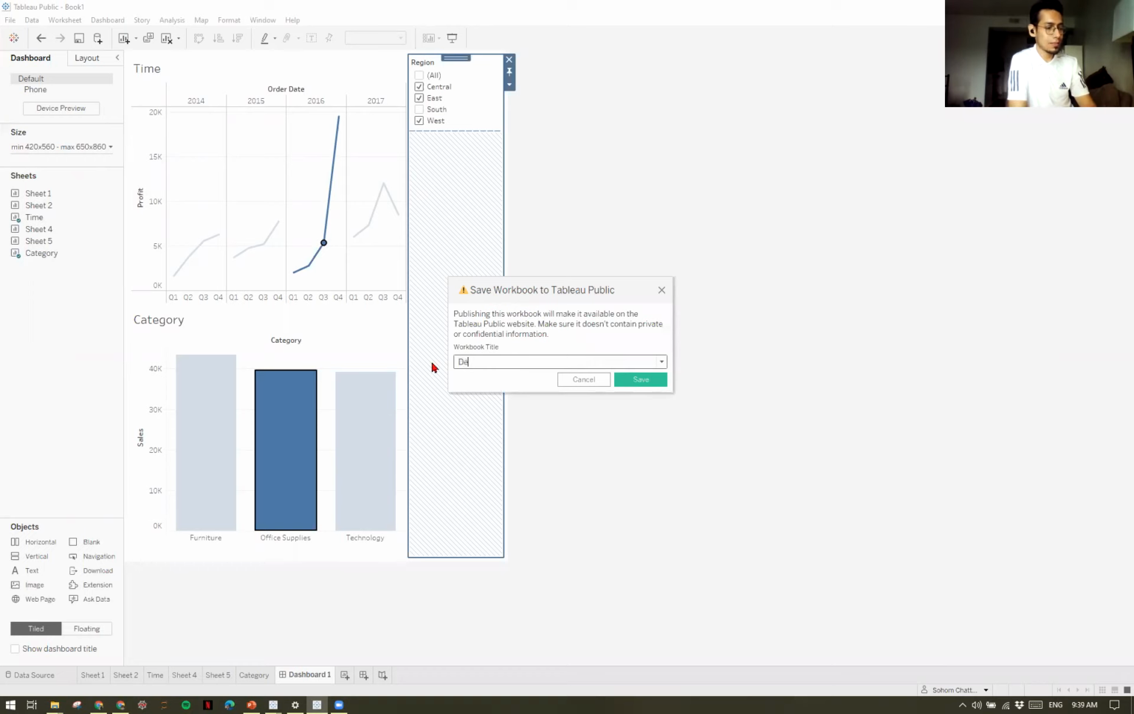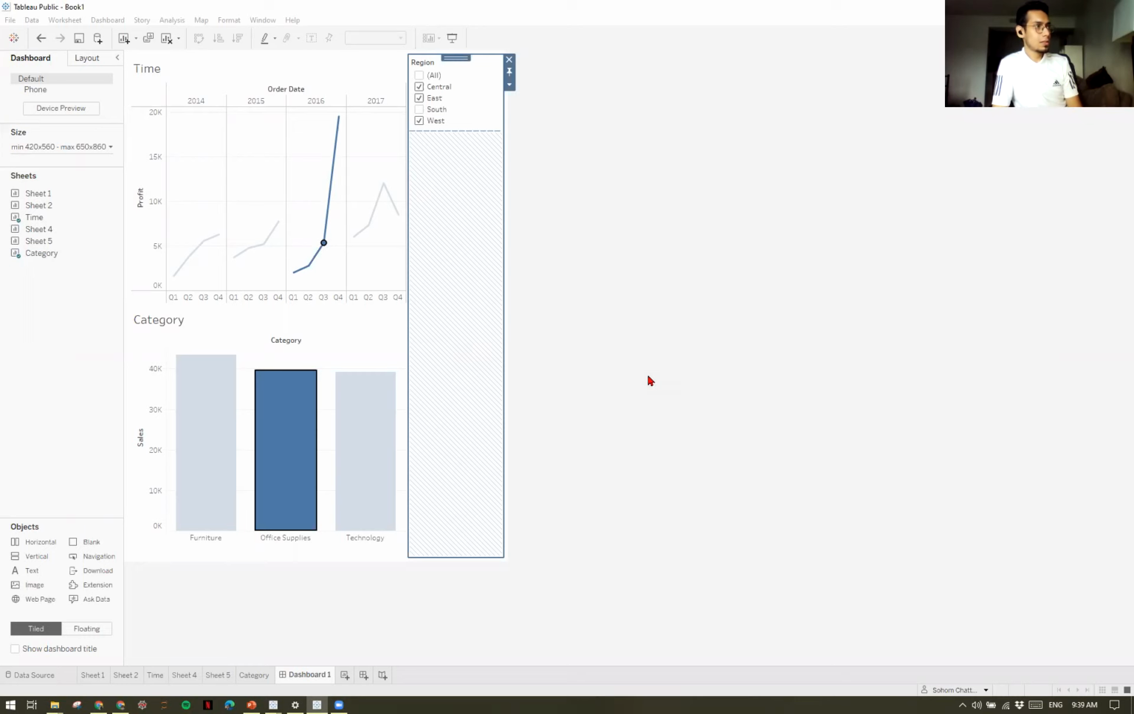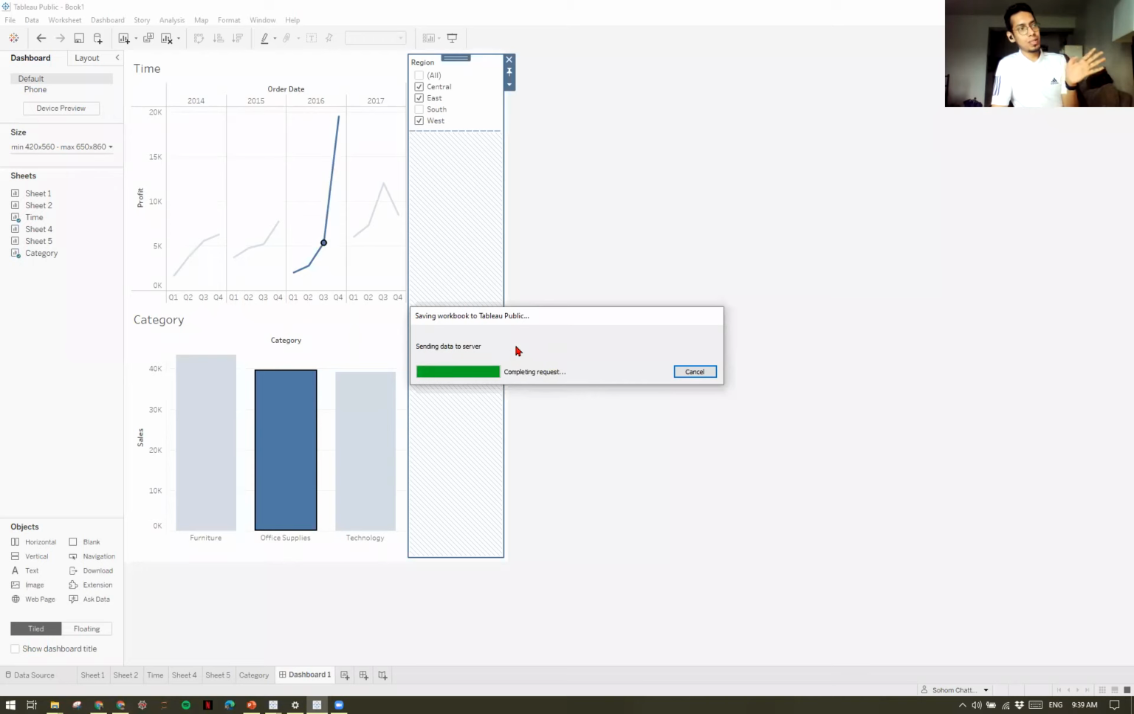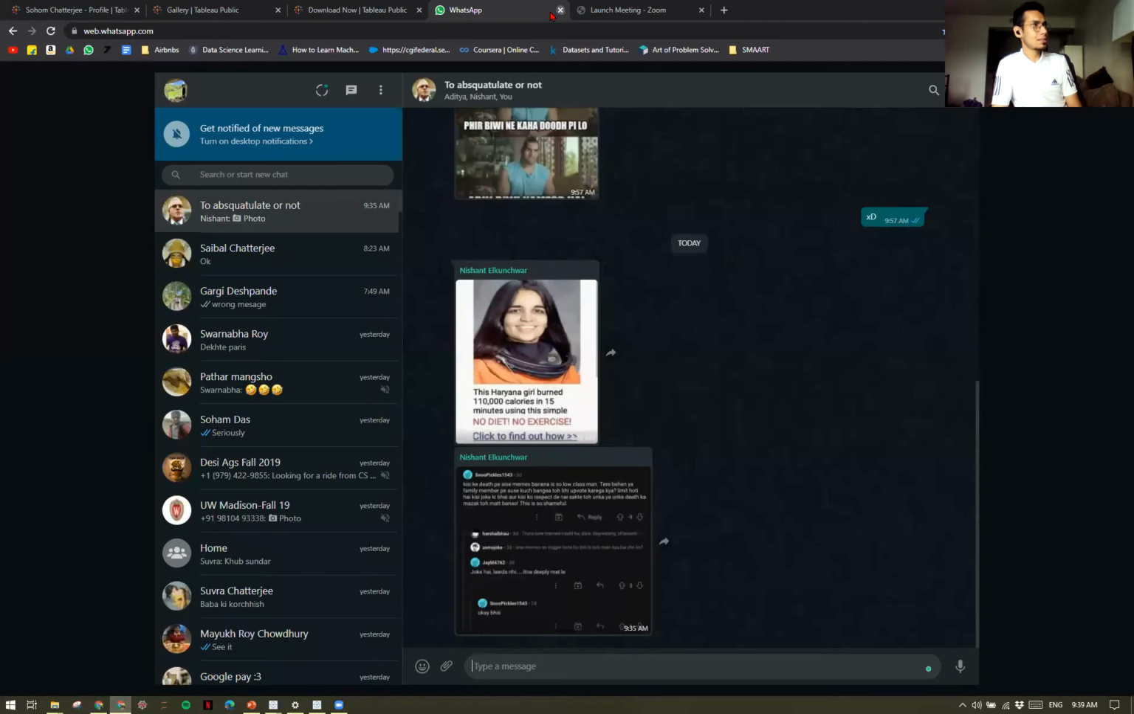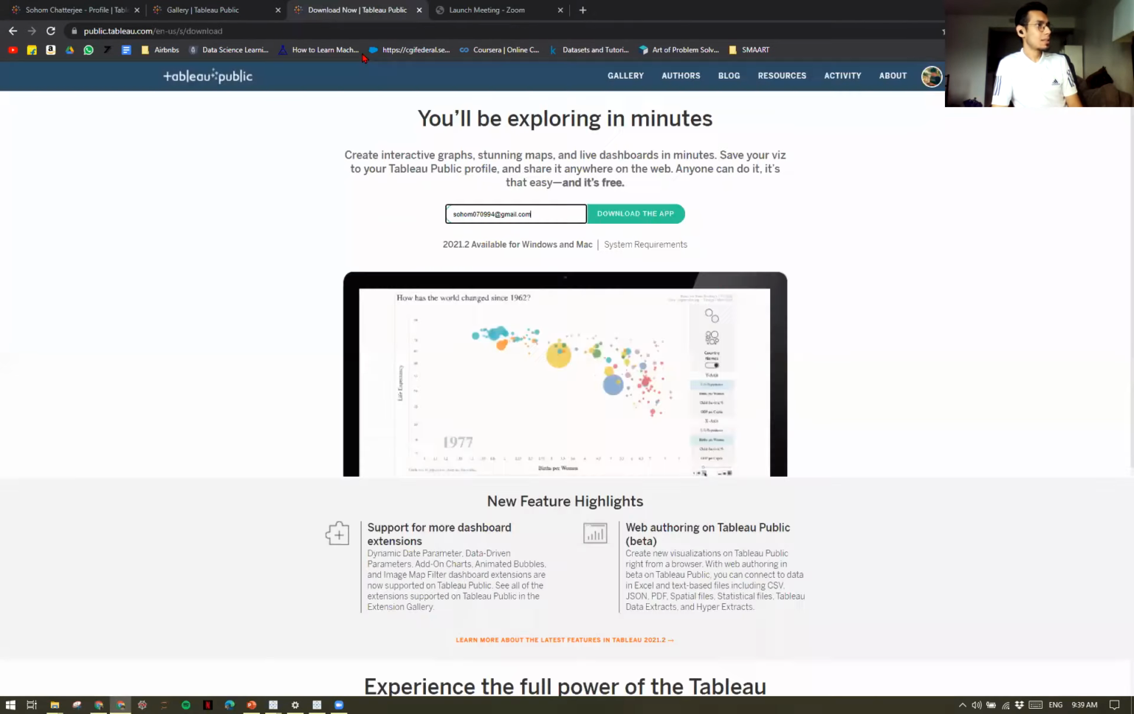So let's say I give the name demo. And then if I click on save, I have already logged into Tableau Public, but the prompt that you will get is that you have to create a Tableau Public account. So you have to give your email ID and a password, and then it'll save this workbook to Tableau Public. And how you access that is,